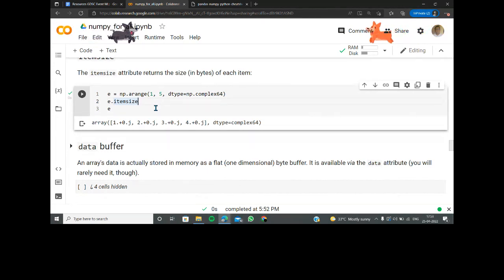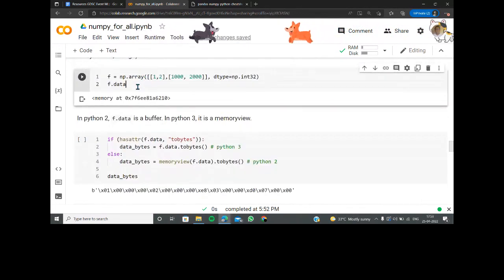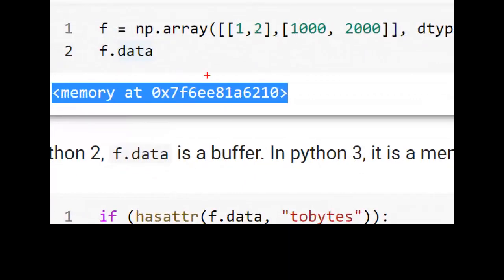At the end of the day, it's just the best part of it. Like all the type conversions, all these kind of operations is just taken care of here. So data buffers are here. So data buffers are always being taken care of here. So np.array 1 comma 2 1000 comma 2000. You can just go out and just do whatever it is. And this is a kind of a bug, if you can say. This is a kind of a bug. So people confuse it with, oh, there's a function value coming up and things like that. But this is a bug. A big bug at the end of the day.